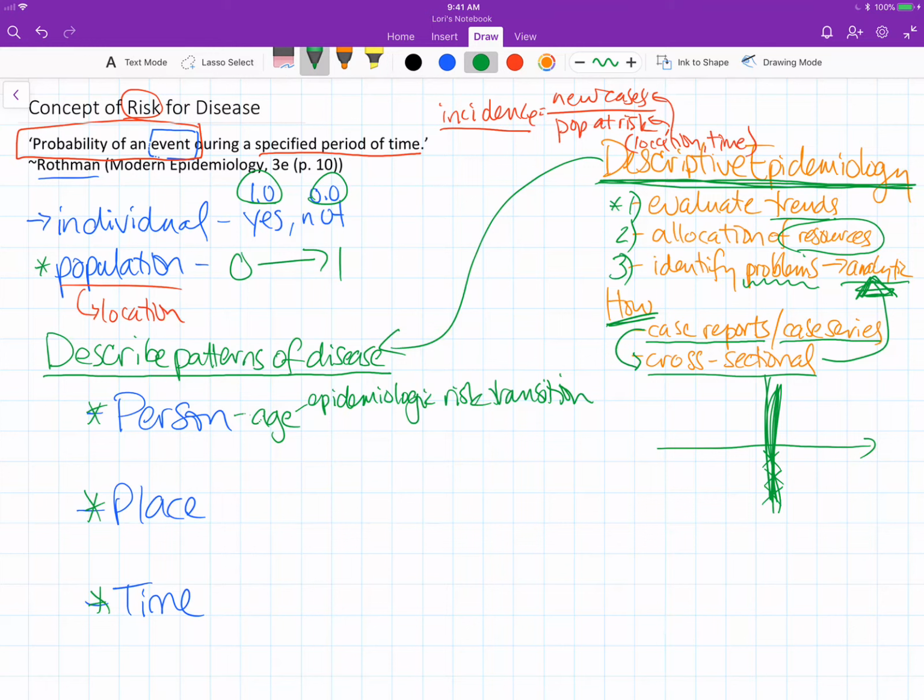The second thing in terms of person that can be very important to look at in these patterns of disease would be a person's sex. If you think about a lot of risk factors, let's take smoking and lung cancer. There is a great graphic in your textbook, and let's see if I can find the page for you really quickly,